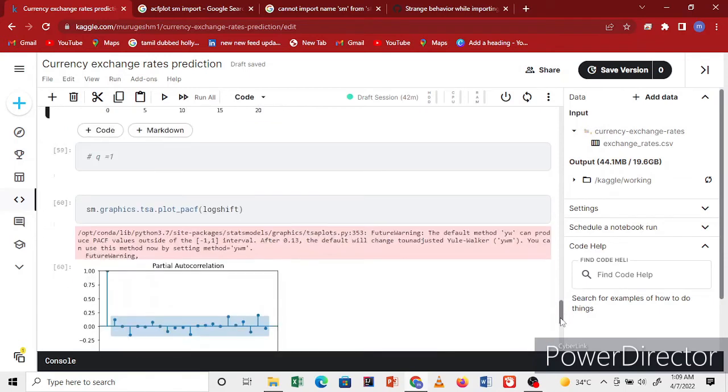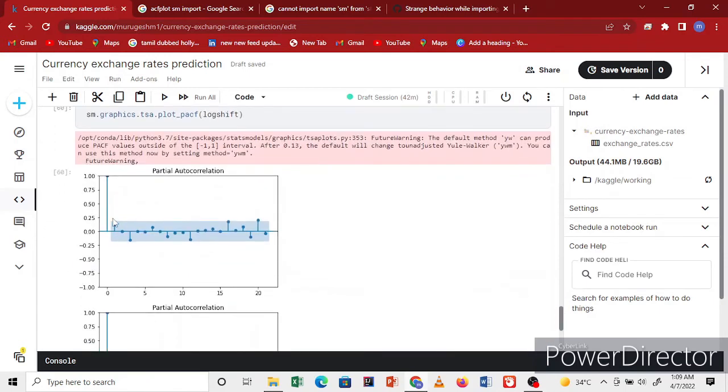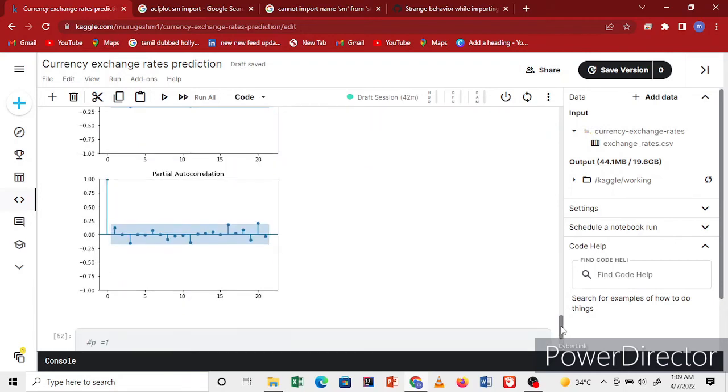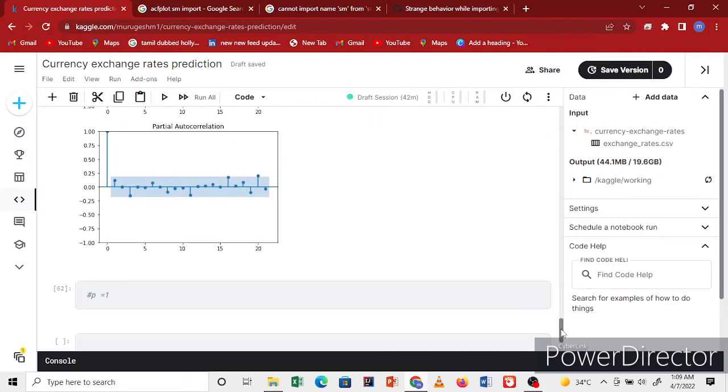The p value is also shifted, 0 or 1. Your p and q value are both equal to 1. The p value is also 1 and the q value is also 1. Your d value is